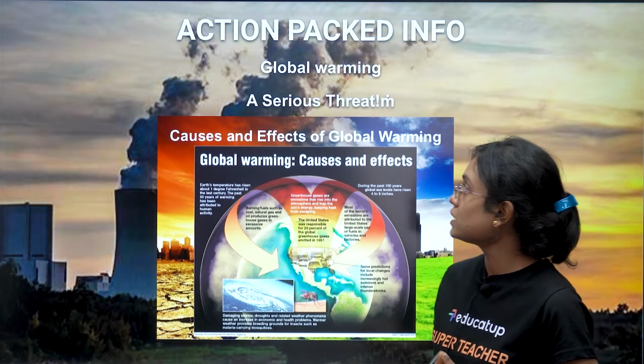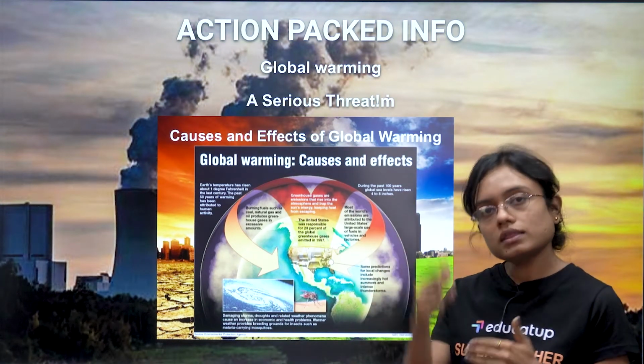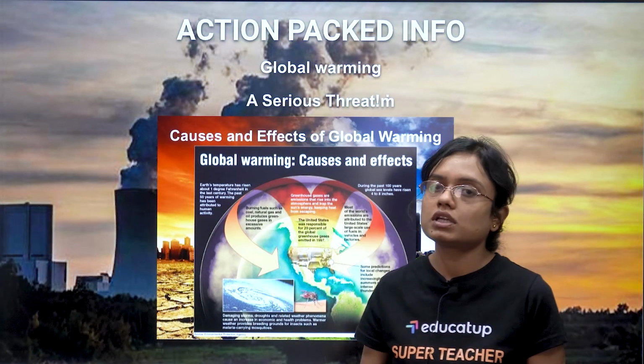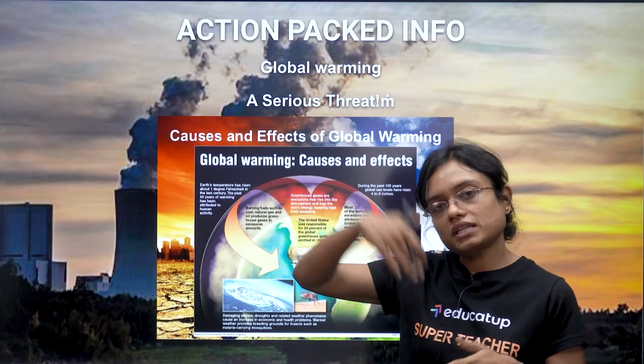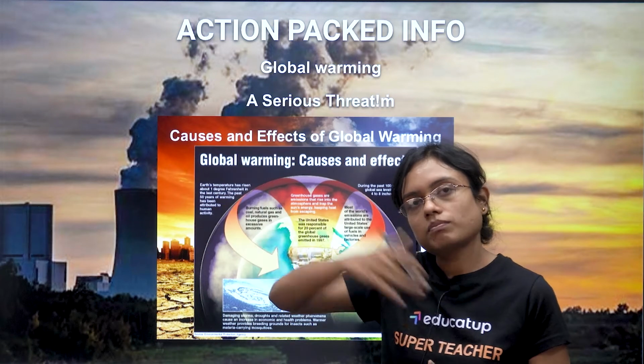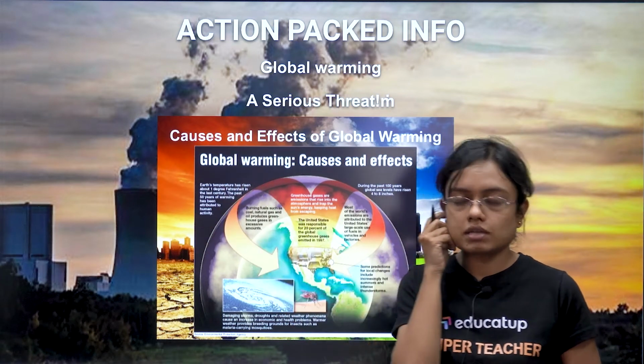Now, action-packed info, which is global warming. The greenhouse effect has only converted to global warming. The sun rays which have to be reflected back, basically crossing the atmosphere of the earth,